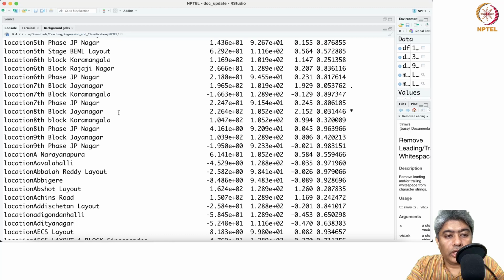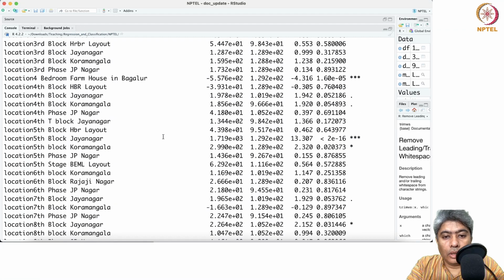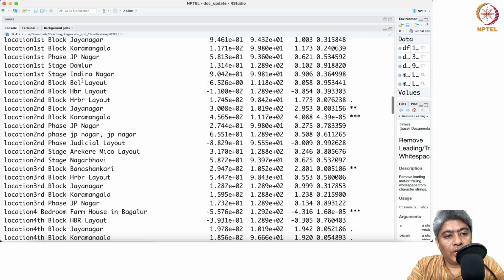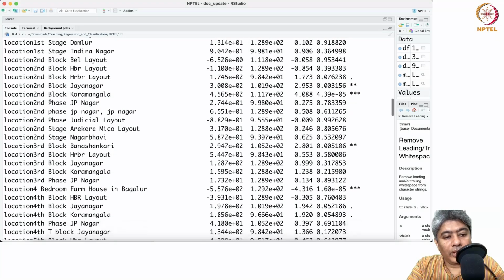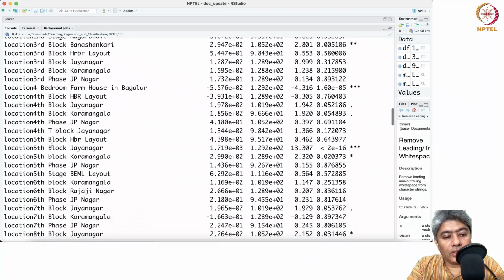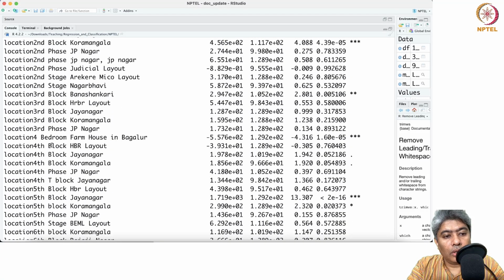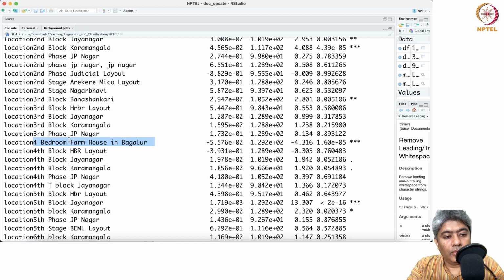Eighth block Jayanagar, fifth block Jayanagar, 4-bedroom house in Bangalore. Okay, then in some of the locations, the bedroom information is still there: 7th block, 6th block, this 4-bedroom farmhouse in Bangalore. They have put the bedroom information in the location,